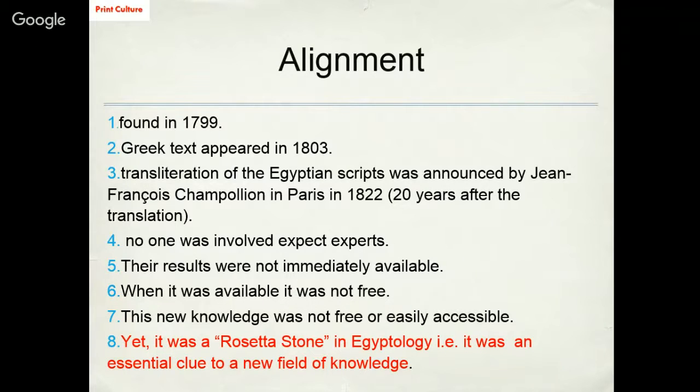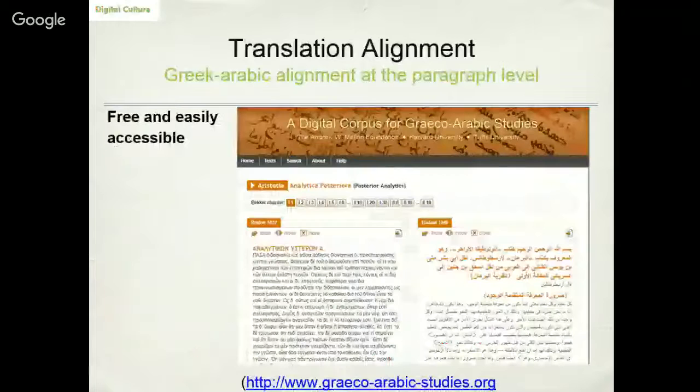The results were not immediately available, and when it was available, it was not free, and so on. But this was, again, the Rosetta Stone in Egyptology. It was an essential clue to a new field of knowledge. So now, turning to the digital culture,